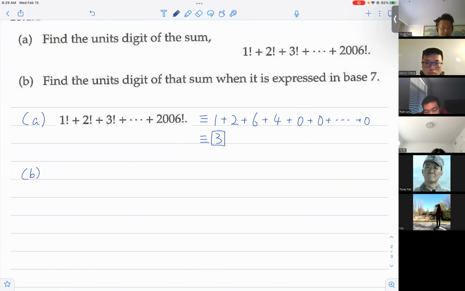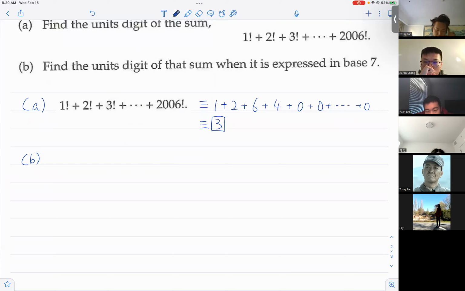瑞凯，你看 B 怎么做啊？如果换成 base 7，它的这个 unit digit of the sum，那就只能就是1加2加6，那还是4 base 7。base 7下一个还是4吗？不是啊，那就是要算了。是2 base 7，那就是5啊。When it is expressed in base 7，哦，那应该还是4，